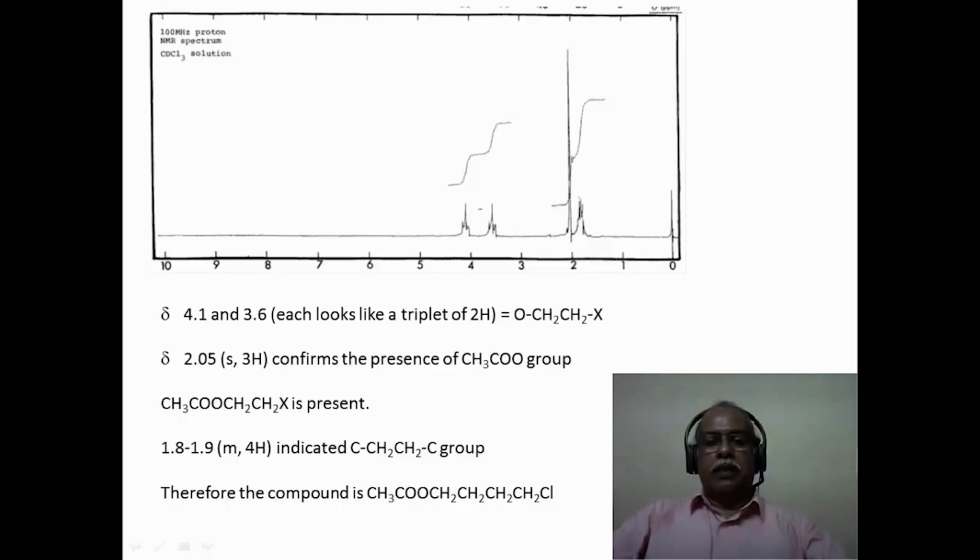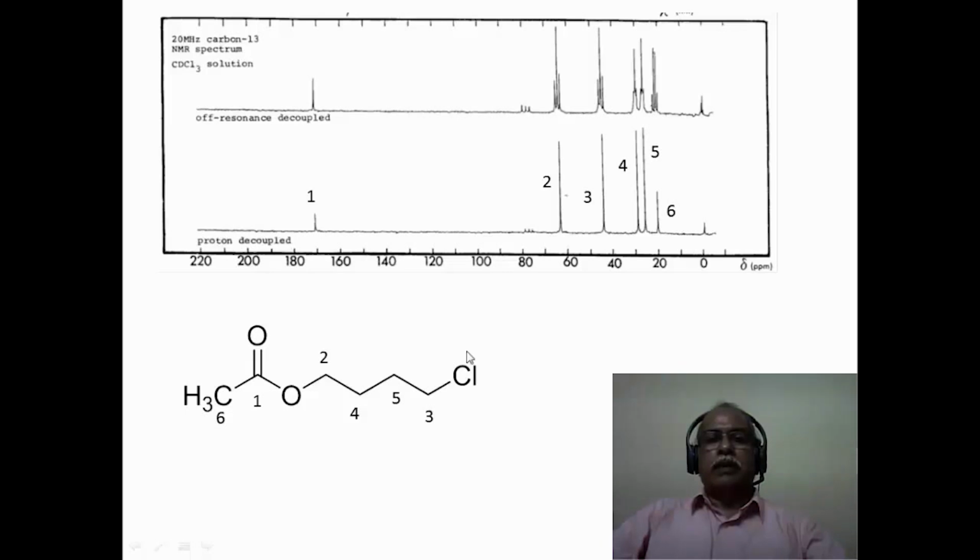And let us see if the carbon 13 spectrum also confirms this particular data. This is a carbon 13 spectrum. The off resonance spectrum is given on the top trace, and the broadband decoupled spectrum is given in the bottom trace. And the carbonyl peak is very clearly seen around 172 or 173, which is labeled as 1. Then the next carbon would be the carbon that is directly attached to the oxygen, which is coming around 63 or 64 ppm, which is a triplet, so it has to be a CH2 kind of a carbon,